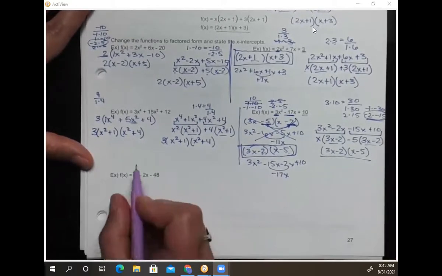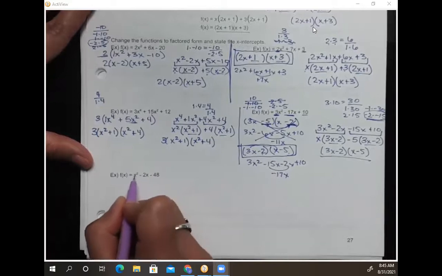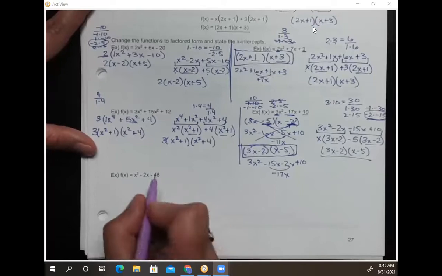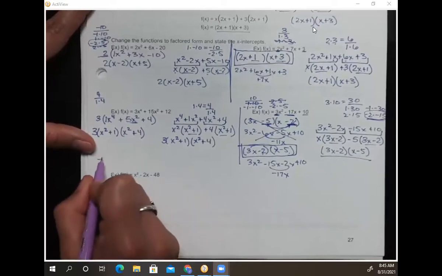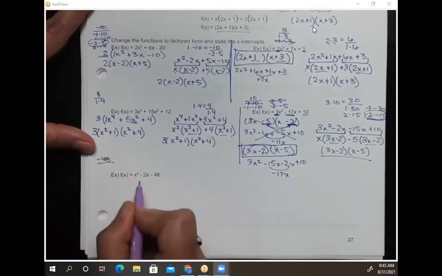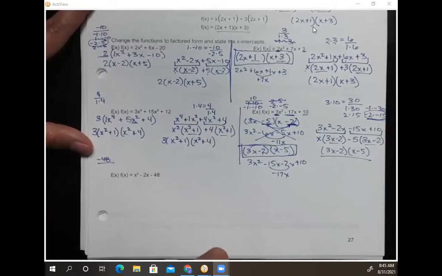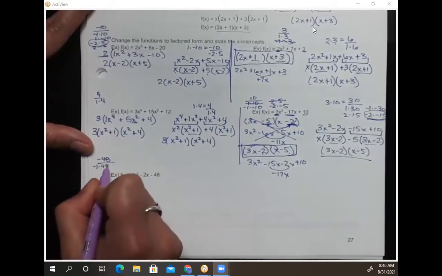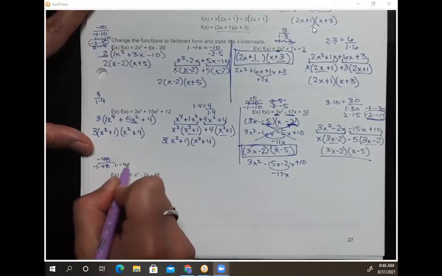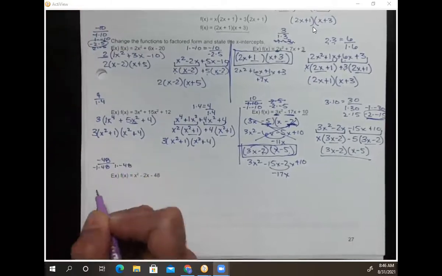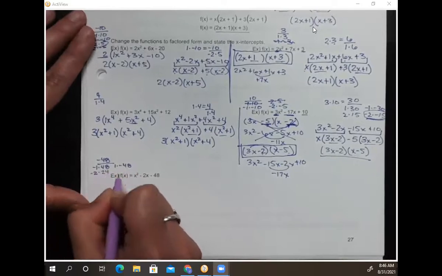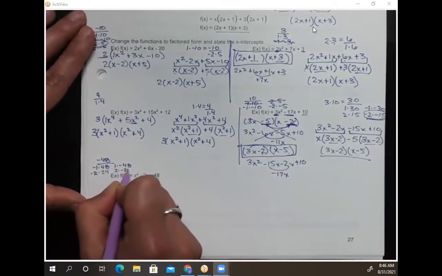Our last problem here, again, has a lead coefficient of 1, no GCF. So if I start off with my guess and check method, I'm going to look for factors of -48 that add to -2. Now, 48, got a lot of factor options here, so I'm going to start by making a list. So this would be -1 times 48, 1 times -48, -2 times 24, 2 times -24,